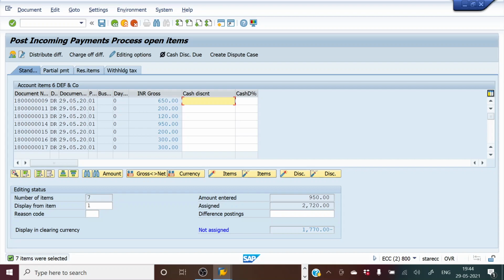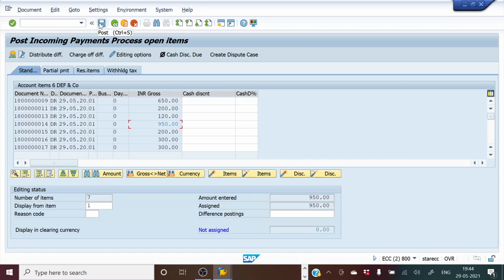So what I need to do is first deselect everything. I will create a block like this, and then I'll deselect all the items. So I deactivate all the items. If you see now, it has become 0, and then I'll go here and select it. So here, see, the assigned is 0. This is my invoice, and this is my payment amount. Entered is the payment amount, and assigned is the invoice amount, which needs to get set off. Not assigned is 0. So this is good to post.